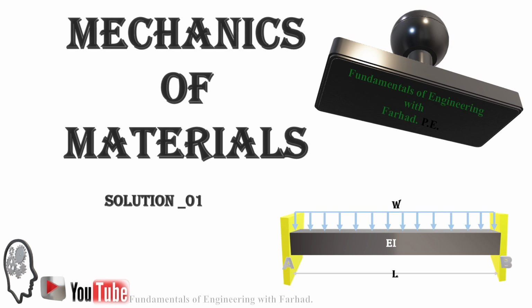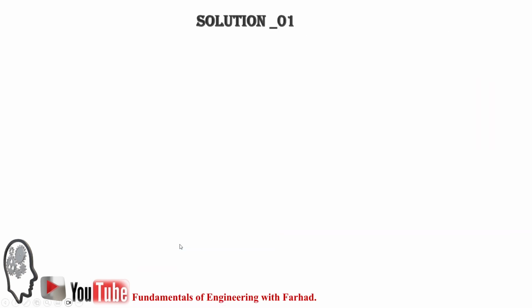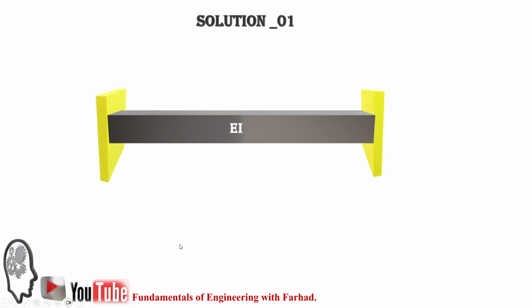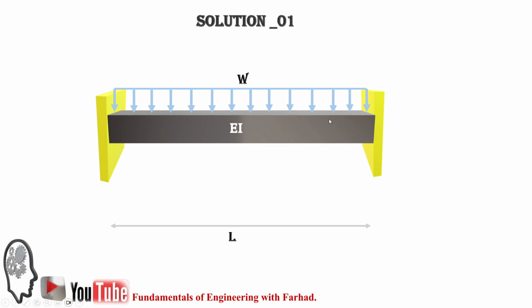Mechanics of Materials, maximum deflection calculation in a fixed support beam with a distributed load of W. Solution 1. In the first solution, we'll solve this 1-degree indeterminate beam, which is a fixed support beam with a distributed load of W on top of it, with the help of the integration of the moment equation, or elastic curve integration. So if this is A